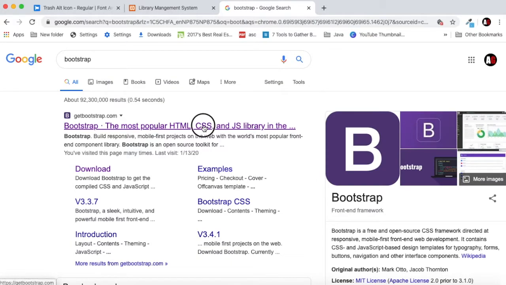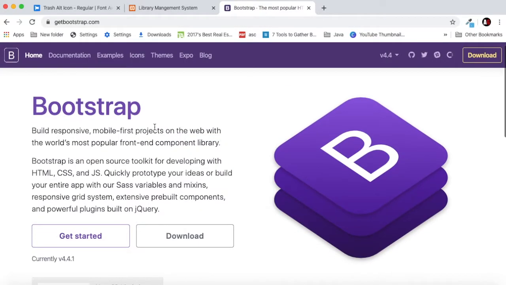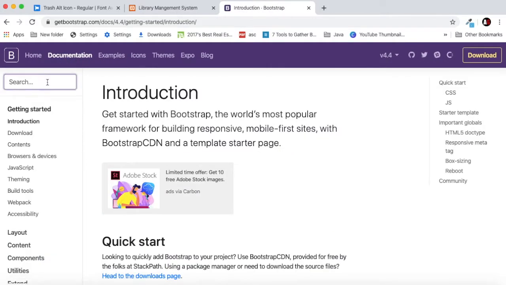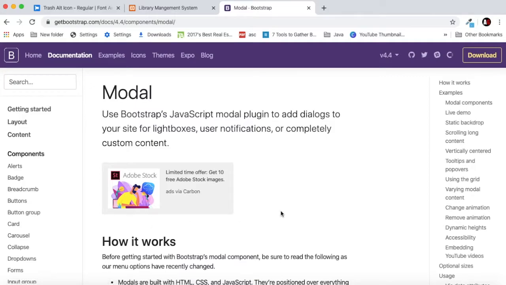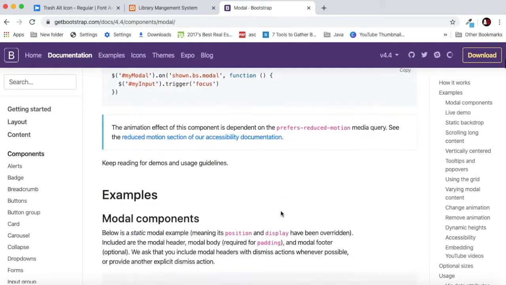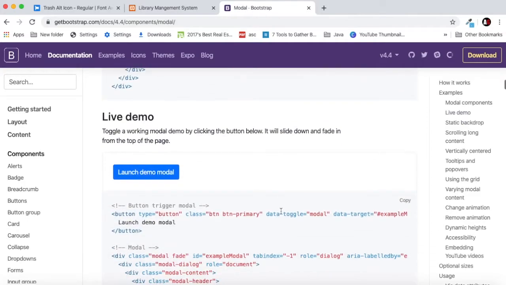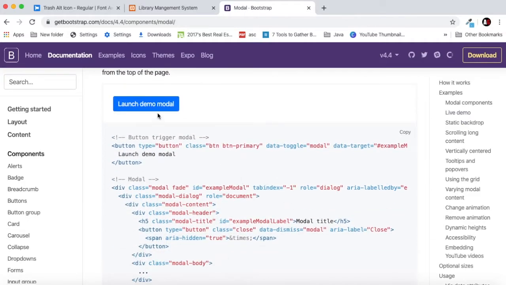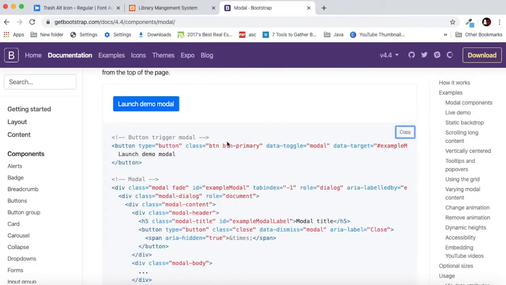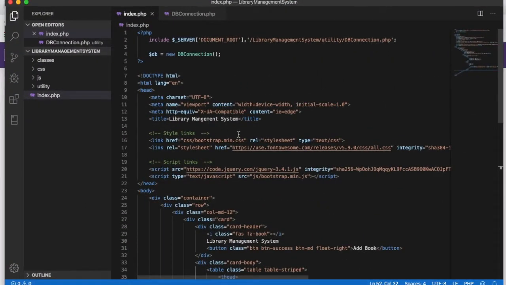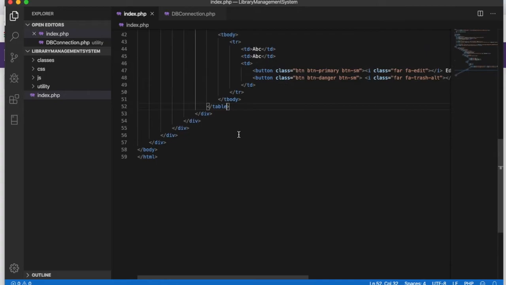and after you go to Bootstrap, click on the Bootstrap link, and after that you go to documentation, and in the search section you will search for modal. Just search for modal and scroll down and copy this modal. We will need this modal, so copy this full modal and go back to our project, and we will have our modal